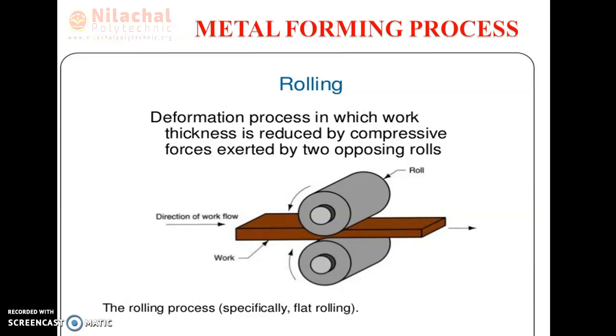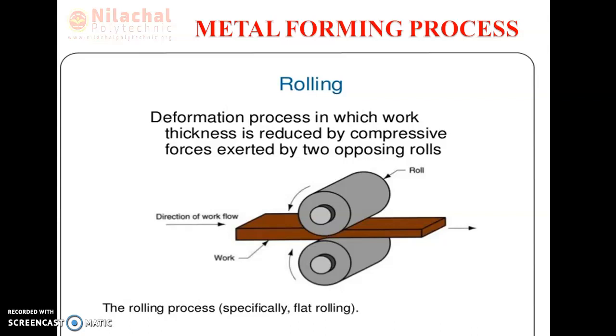In previous classes, we went through chapter number 1, which is named metal forming processes. In the metal forming process, we already completed various processes like extrusion and their types. Again, I can remind you: forward extrusion, backward extrusion and impact extrusion. Following that, today we'll start another metal forming process, which is named rolling.